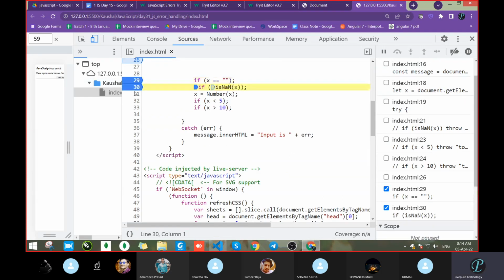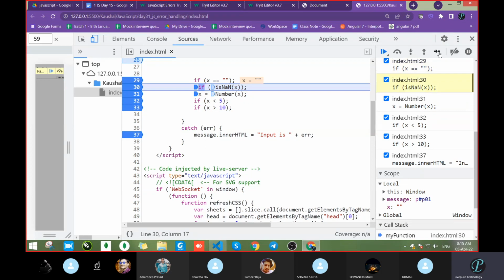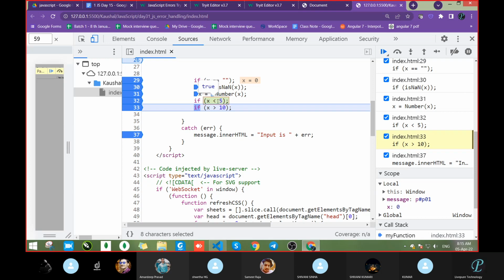Okay, now add the debugger. Go in the catch also. Let's reload the page. That's fine. Also, go with anything. Yeah, click that. So what happened? If x equal to empty, fine. So this block got executed because x is empty, means this block is true. What is the message? There is no message because we had not written any execution, means we had not written anything after the if block. Correct. So that's why it's checking all the conditions whatever is written there. Now see x less than this condition. This condition becomes true. This condition becomes true also.